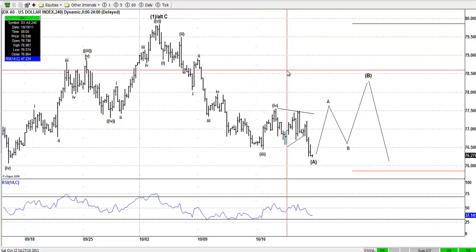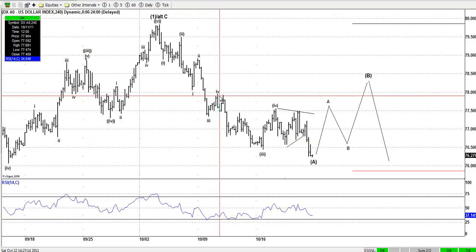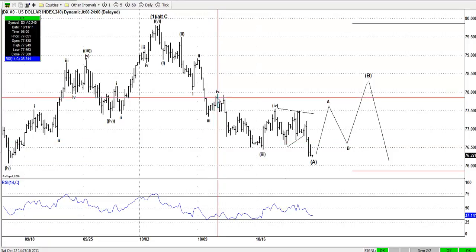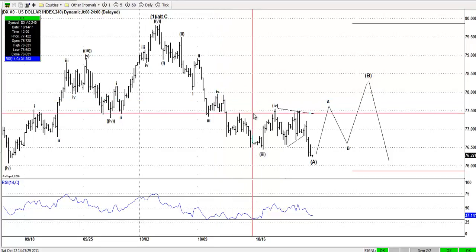Now, downgrading the RSI, you need to know that if this was wave 4, or wave 3, or wave 5, each is also going to have its own lower point. And then going from here up to here,